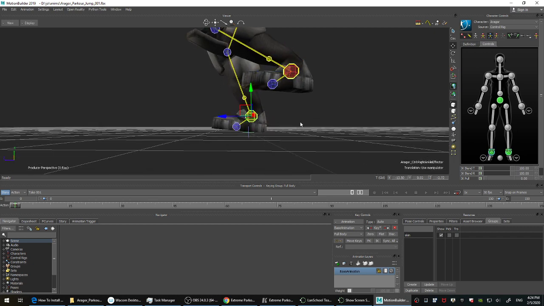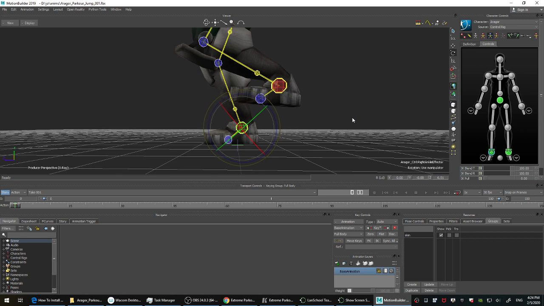Yeah, this guy's T-pose is very... Should have chosen another one, I forgot. This guy was not built properly